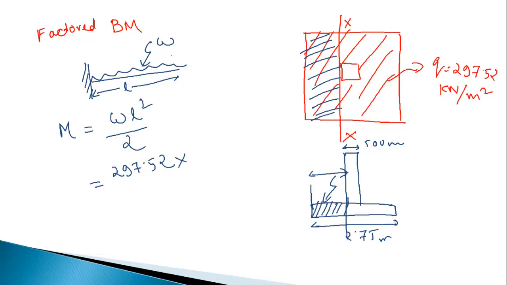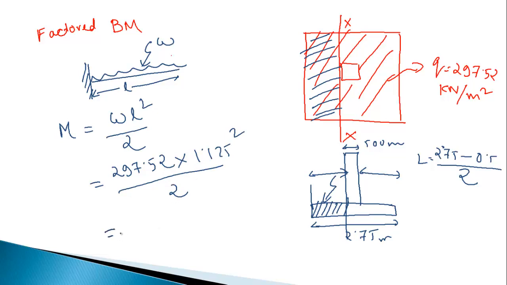Total is 2.75. If we deduct 500 from it, we will get this length and this length. Divided by 2, we will get this one. So L will be 2750, or 2.75 meter, minus 500 mm, that means 0.5 meter. Whatever we get, divided by 2, we will get 1/2. So you will get around 1.125 whole square by 2. So the answer will be around